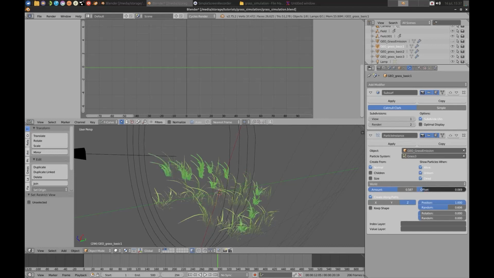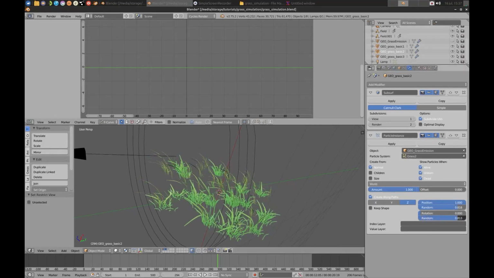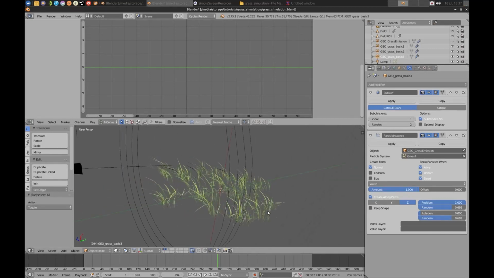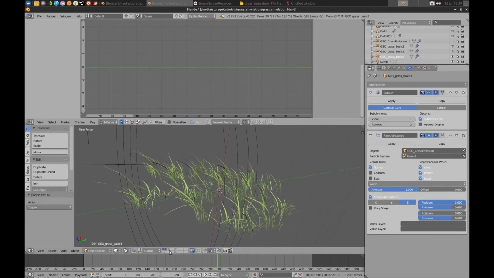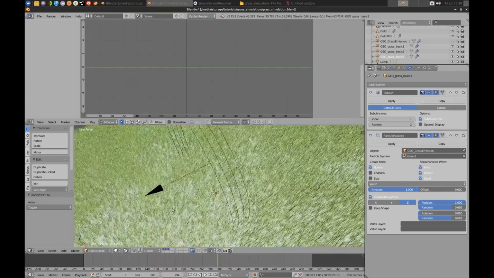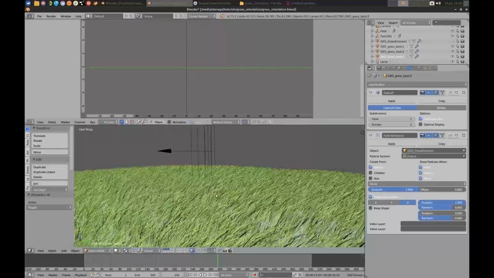We can give it an offset to have different meshes duplicated at different times. And then there's also this handy option here, which adds some randomness in the rotation. And this is really crucial. We usually had some randomness for most of the particle grass meshes here. And you can see that already gives it a lot of variation, and it doesn't look as uniform anymore.